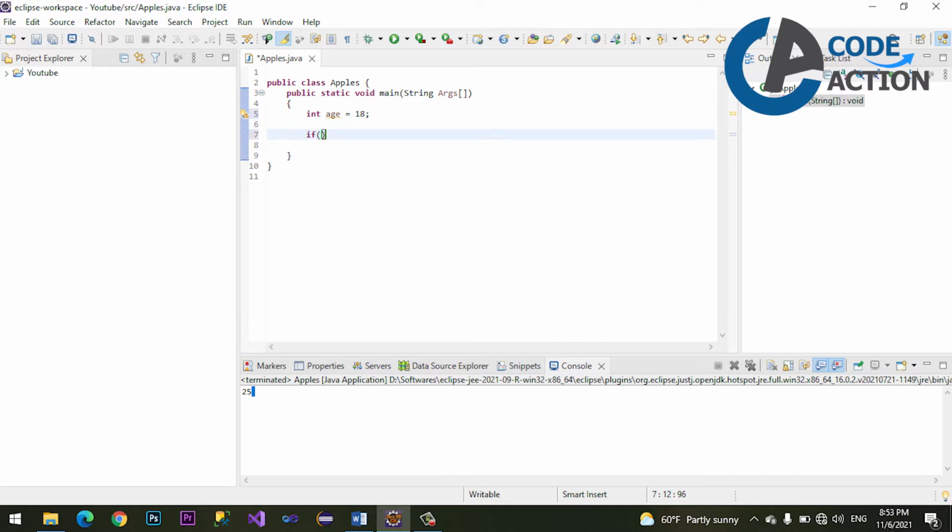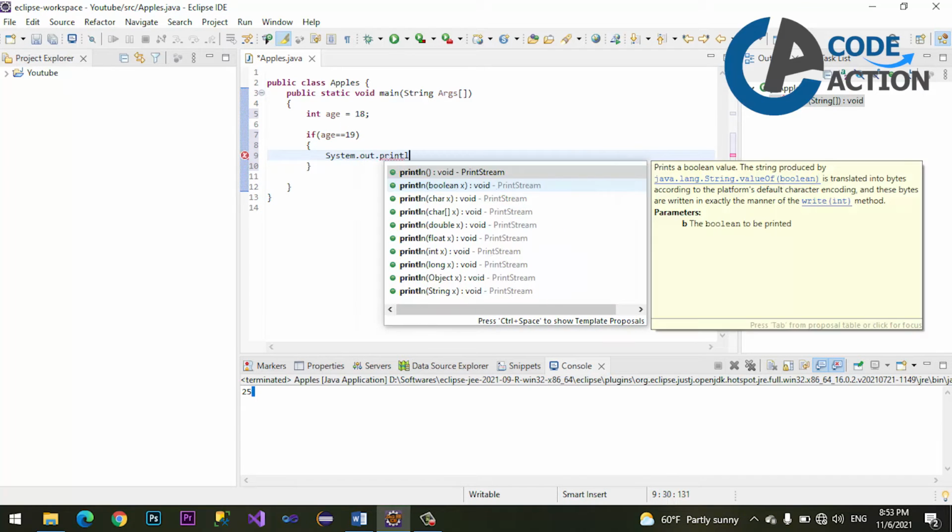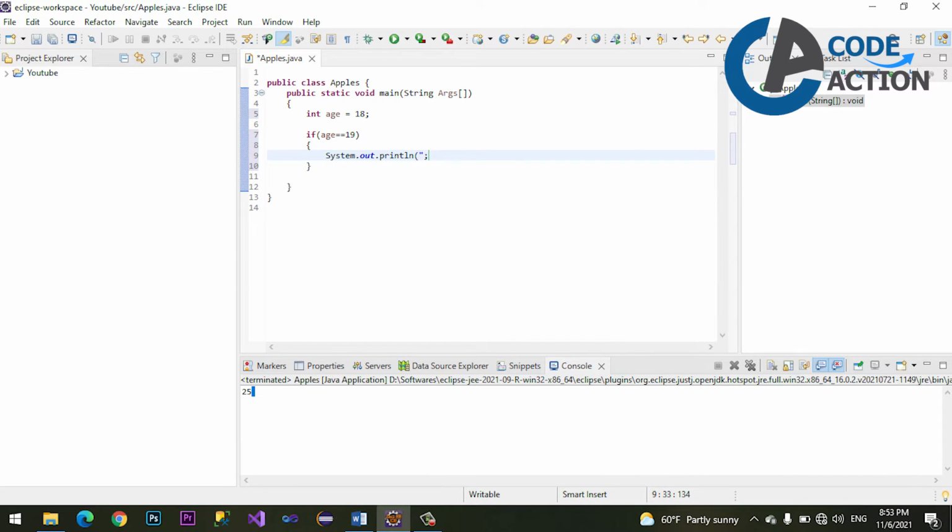Now if age is equal to 19, then System.out.println, you are eligible to vote.